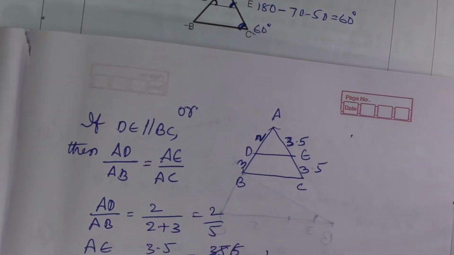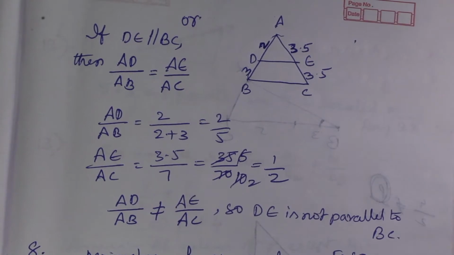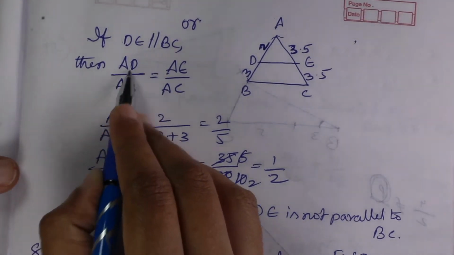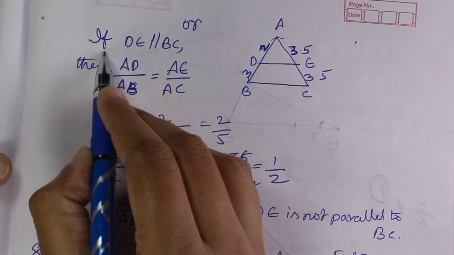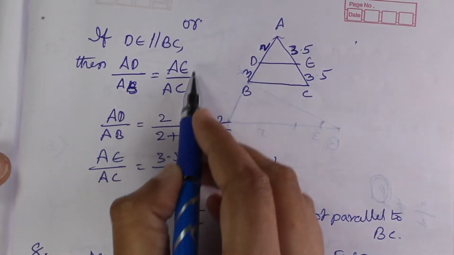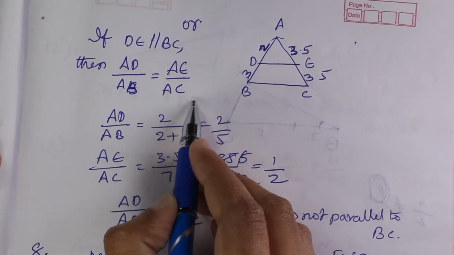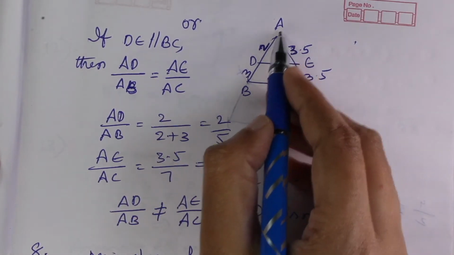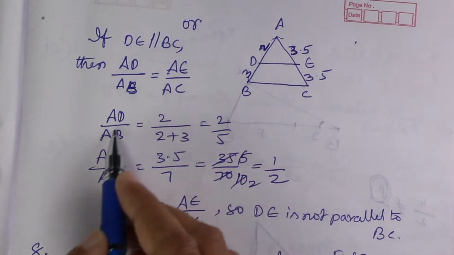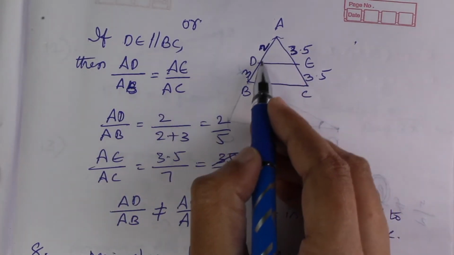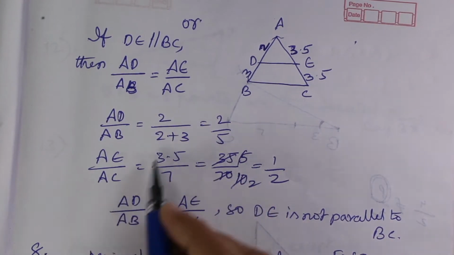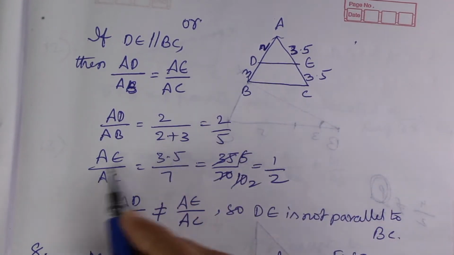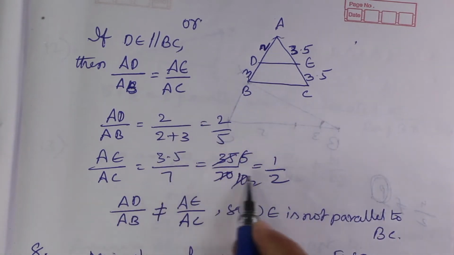So what does the theorem say? If DE is parallel to BC, then AD by AB is equal to AE by AC. So we know AD is equal to 2. AB becomes AD plus DB, that is equal to 2 plus 3, 5, so 2 by 5. AE by AC becomes AE is equal to 3.5 divided by AC, which is 7, that is equal to 1 by